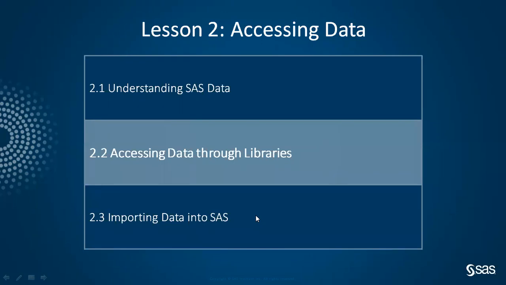Same thing, the concept of libraries in computer language or in SAS is that the tables are saved in a specific path, which is nothing but where that particular folder is saved. The whole folder, or that path where that folder is saved, is termed as a library. And that path we will be using in SAS. Instead of giving the whole path name, we give a name for that path.